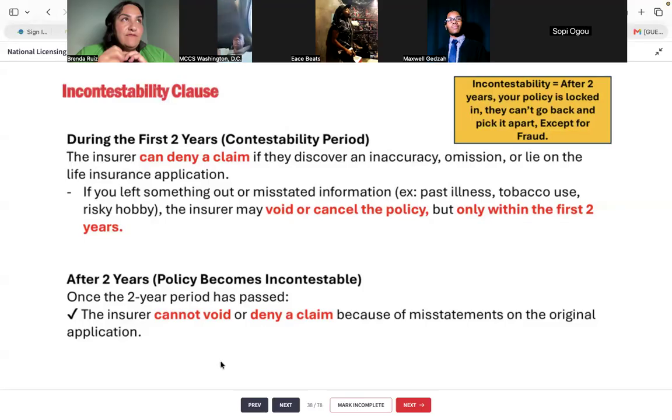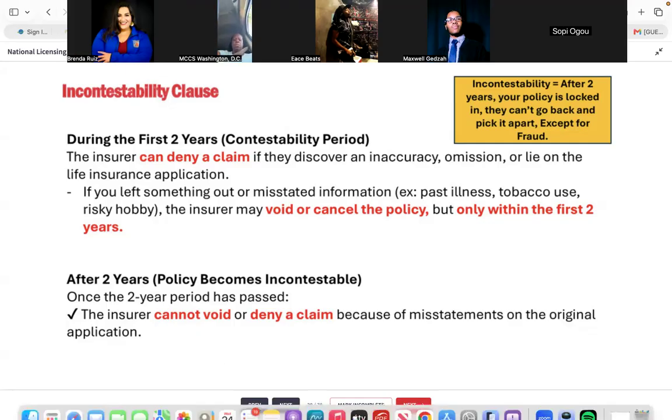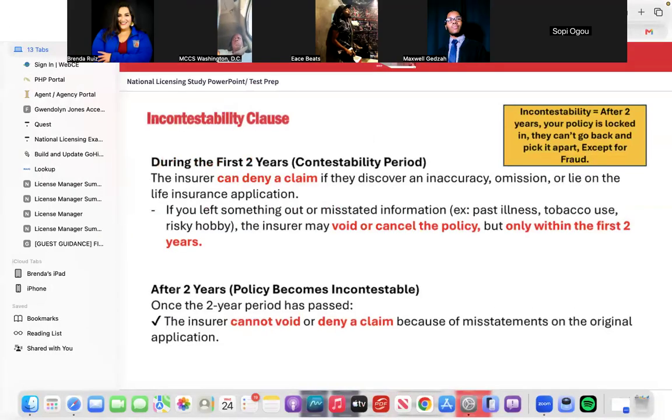There we go. So you're going to fill out an agent report. In that agent report, it's going to ask you all kinds of questions. Aside from the agent report, the client or the beneficiary is also going to get a report, right? They're going to fill that out. Part of that report is the insurance company saying, "Hey, we need a copy of the death certificate. How did this client pass away?"